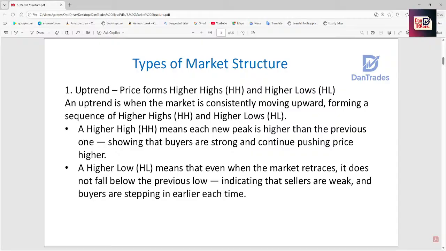Yes, as we said earlier, we have the uptrend, the downtrend, and the sideways trend. Price forms higher highs and higher lows. An uptrend is when the market is forming a sequence of higher highs and